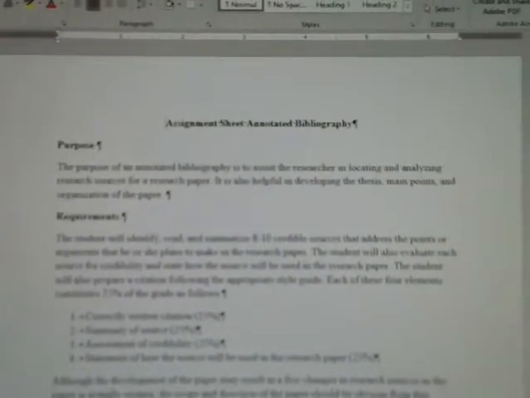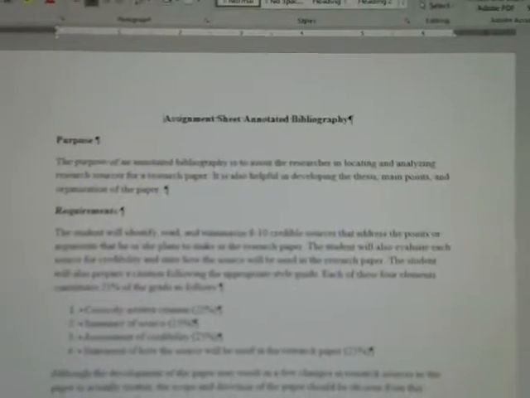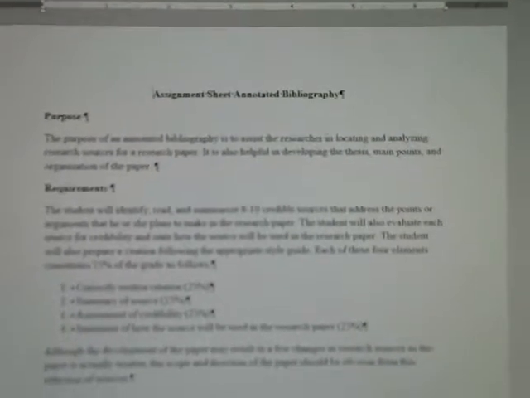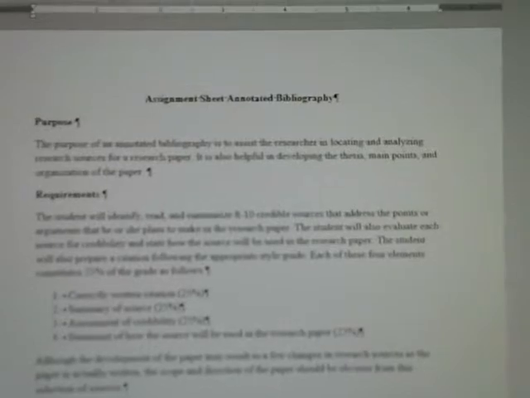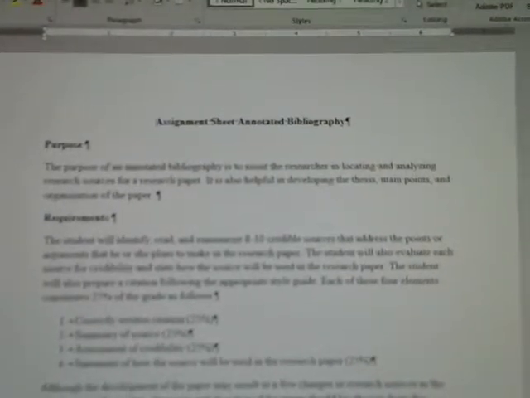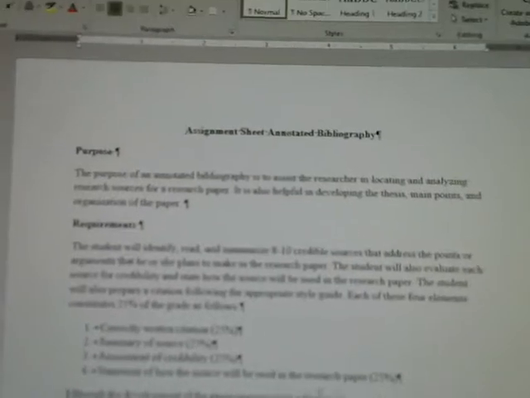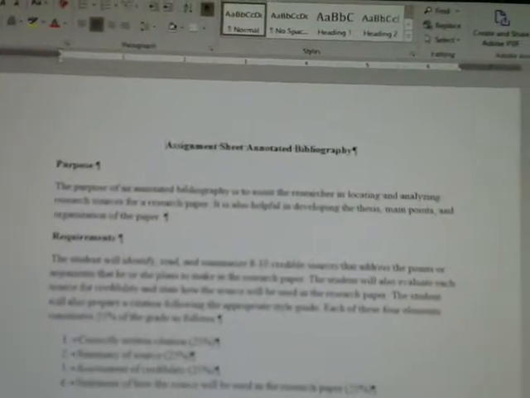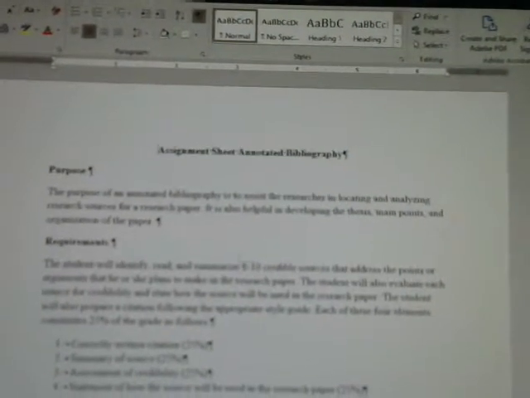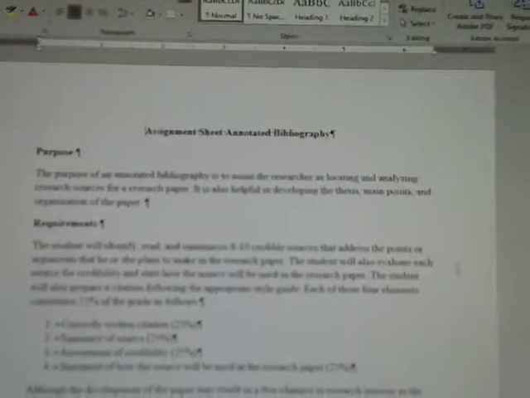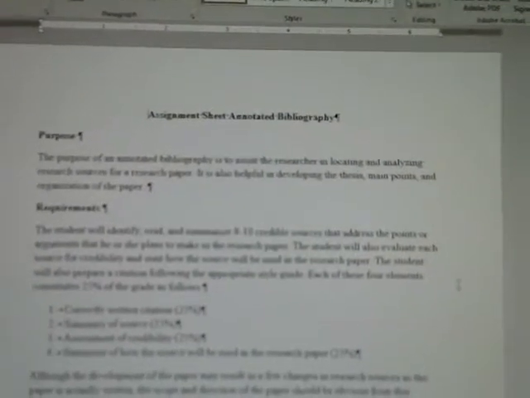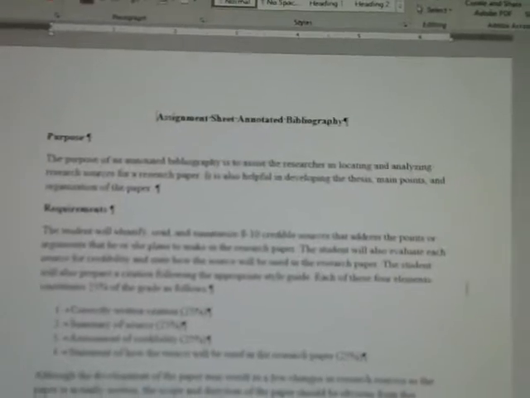First, you have an assignment sheet. It's located in the folder Annotated Bibliography under handouts. So you have an assignment sheet that you can open up, and the assignment sheet will state that you need to use 8 to 10 credible sources that address the points or arguments you plan on making in the research